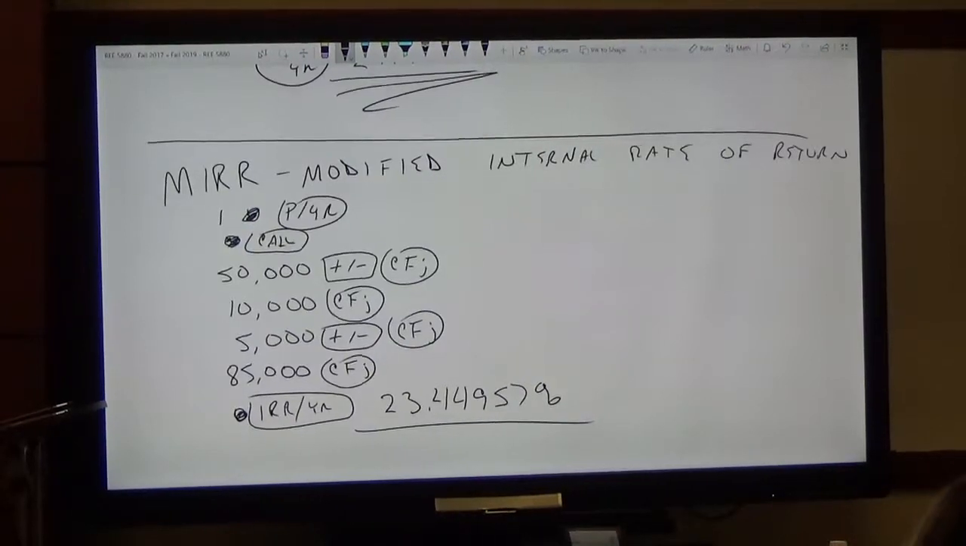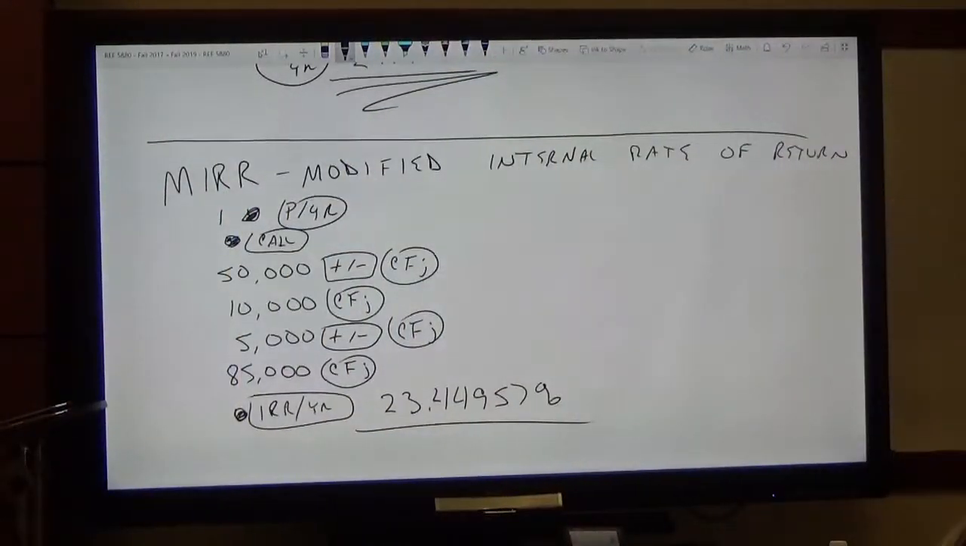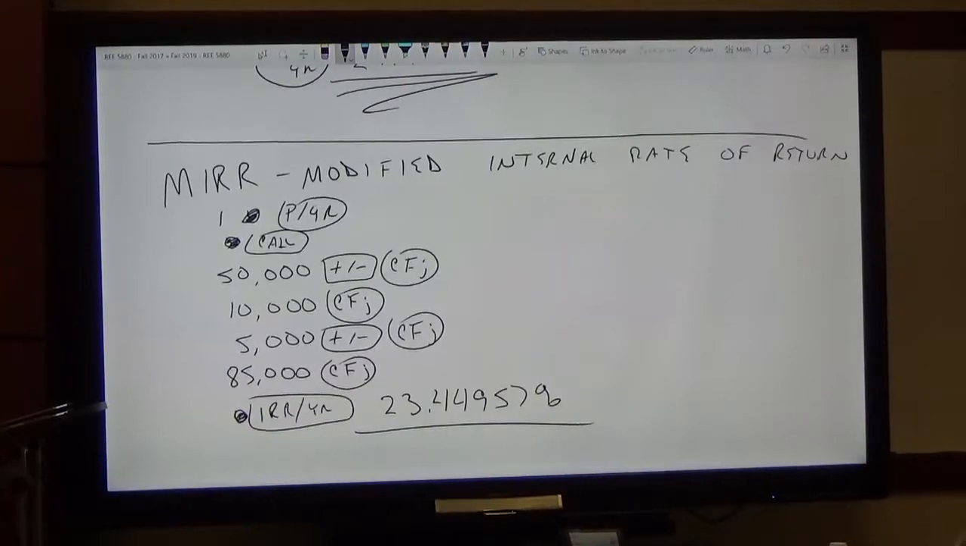And then you come down here to the modified internal rate of return, and what it's got is that it's looking at the same group of values, but then it's using two different things, a financing rate and a reinvesting rate. In this case, we're making them the same, 5% and 5%. Now what that means is as follows,